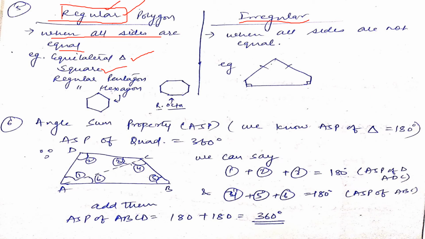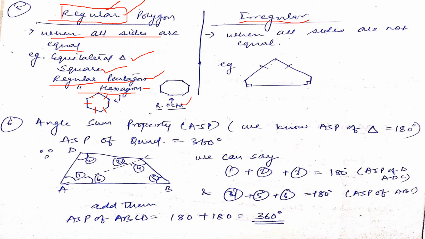Why? Because all sides are equal and all angles are how much? 90 degrees. Yes. Then we have a regular pentagon, regular hexagon. In this chapter, we will learn how to find their angles also in upcoming lectures. Okay. So you can see I have drawn a regular hexagon. We show it like this. This line we use to show equal. You must be remembering that we used to do it in the last class also. This shows all sides are equal. This I have shown a regular octagon from my side. It is a rough figure only. You can draw if you want.